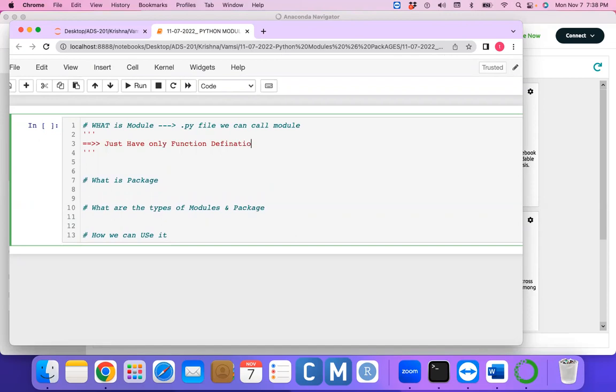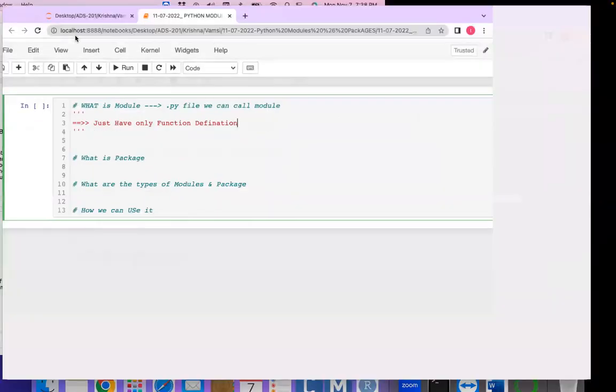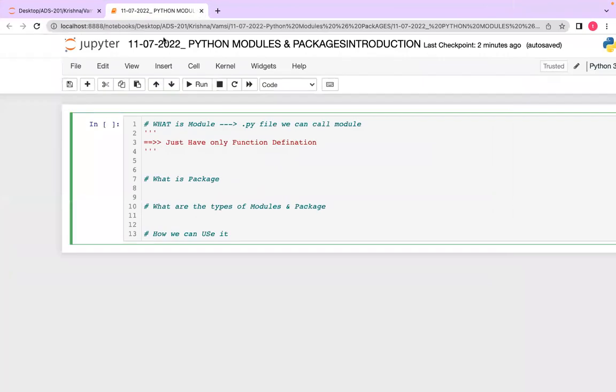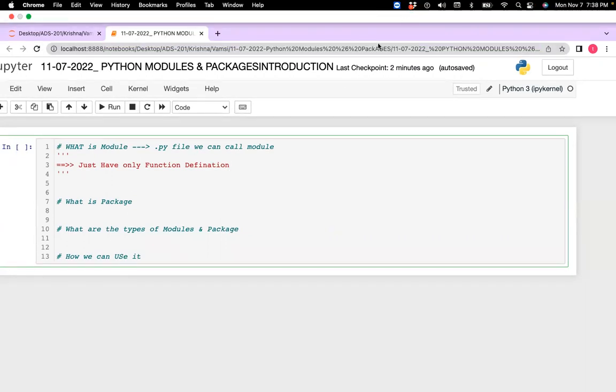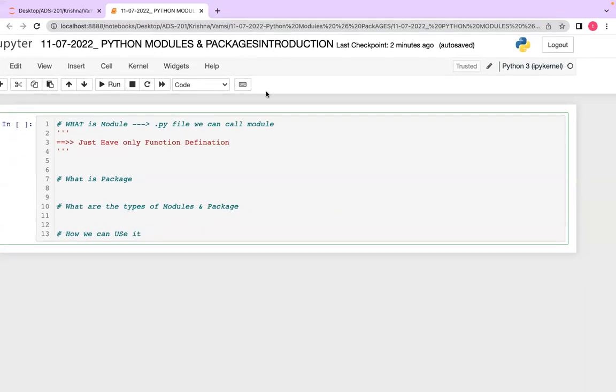So what is the need of this first of all? I think I have not explained that one. Is it necessary to understand modules and packages? We know functions already, right? Let's try to understand the importance of modules and packages.